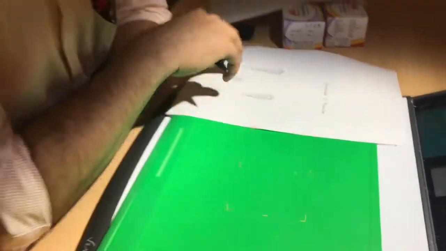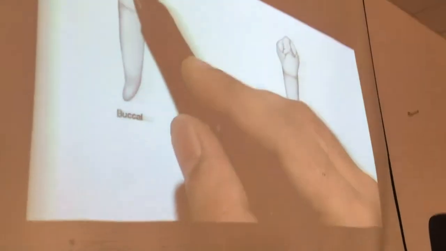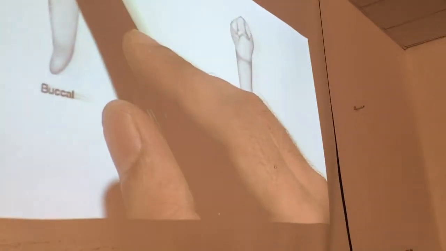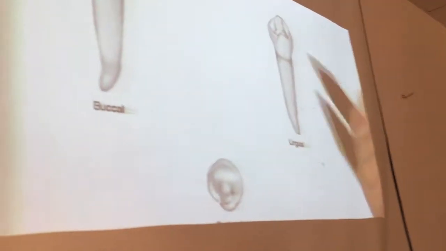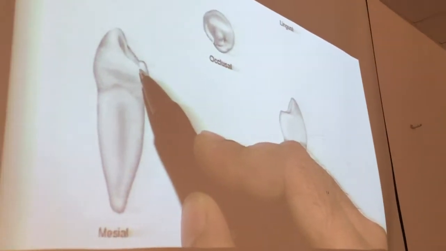How is it different from canine? Okay, if you see this buccally, it looks like your canine, right? Your mandibular canine looks like canine, and lingual, if you see, there is a bulb. It is not like canine, because